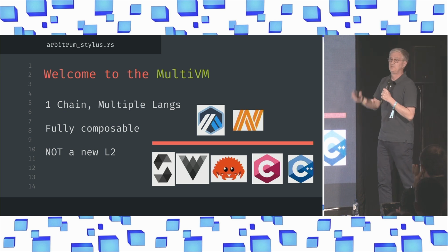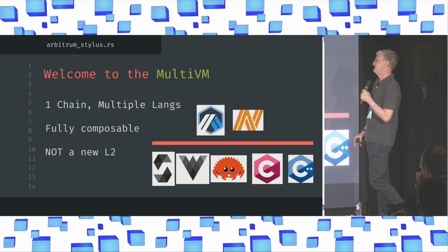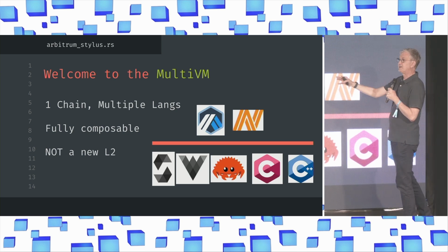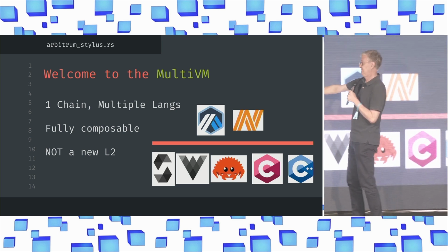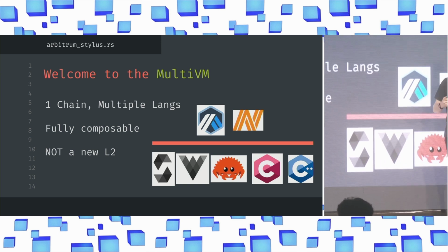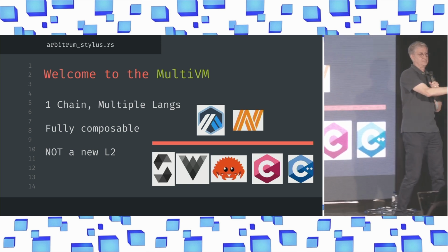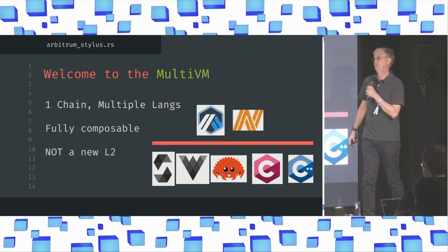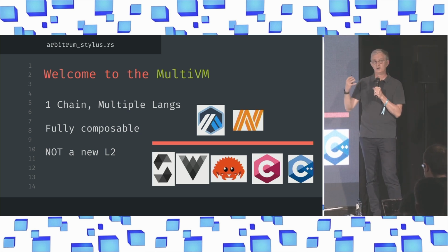Okay, so that's what the MultiVM is. The MultiVM is this idea of having one chain, multiple languages, and fully composable. And this is a big deal. What we're not doing is creating a silo for EVM code and a separate silo on the same chain for this WASM Rust code. What we are creating is something where